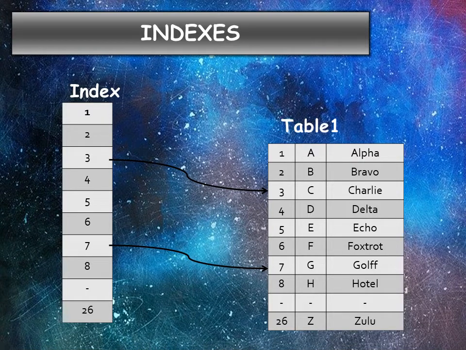A database index is a collection of pointers, and each pointer points to a full table record that is stored in the database. The index allows records to be found very efficiently based on a known set of lookup values. If you see these two tables, one is the index table and the other is given the name table 1. Now here some numbers are given in the index table: 1, 2, 3, 4, 5, 6, 7, 8